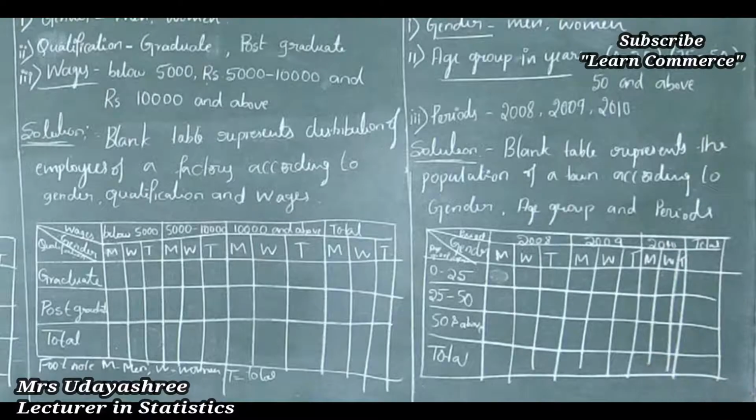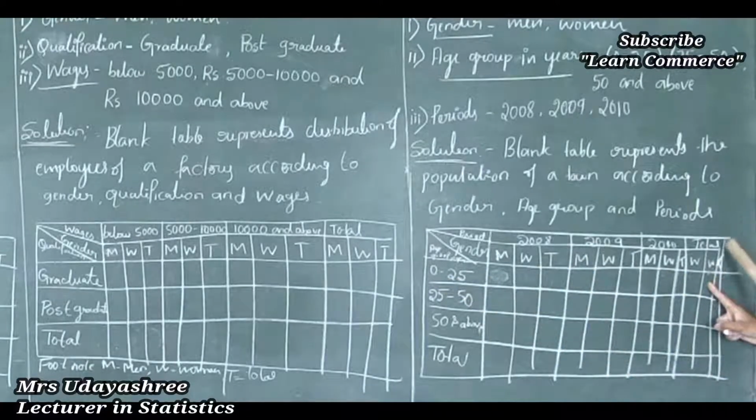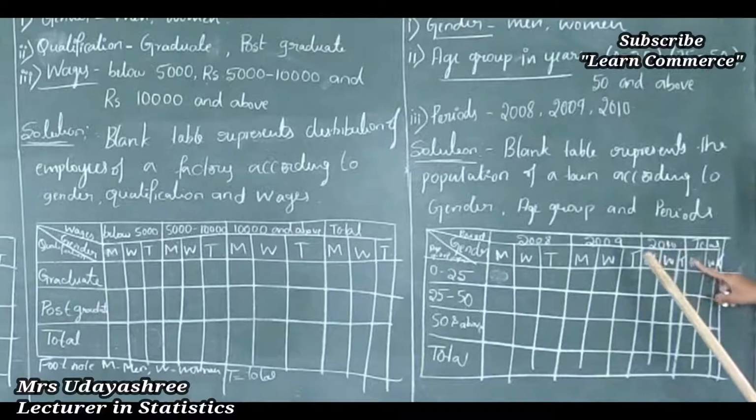Like that this total also. So this total indicates the total number of men population in 2010. This indicates the total number of women population in 2010. Like that this column indicates the total number of population in 2010. Like that this total column indicates men, women and total. Here it is total. Okay, so this column indicates the total number of men, and this column indicates the total number of women. So this is men, right?